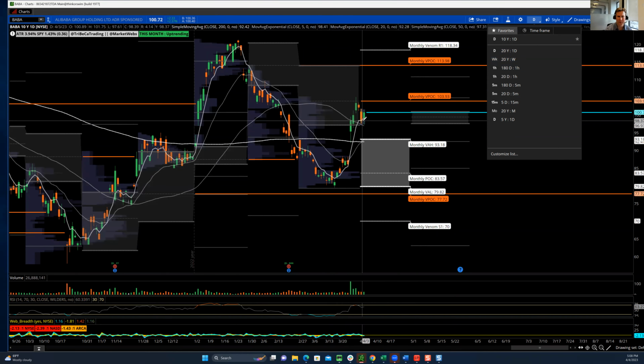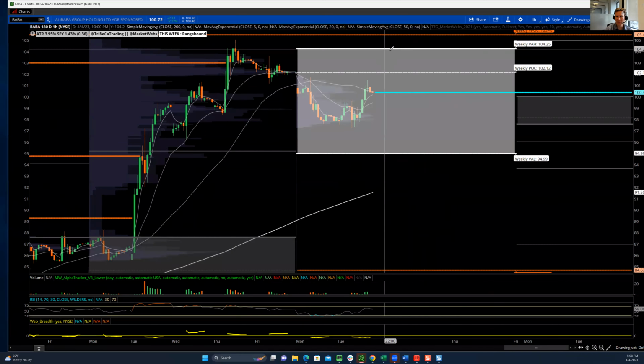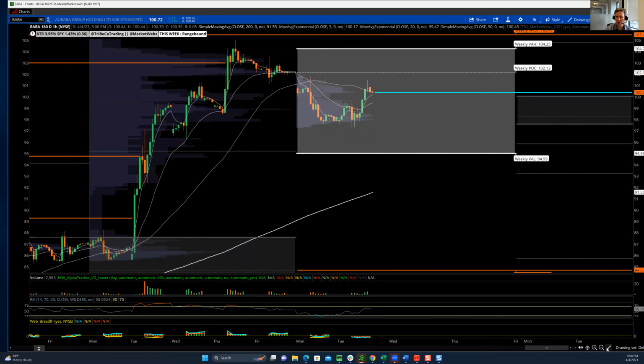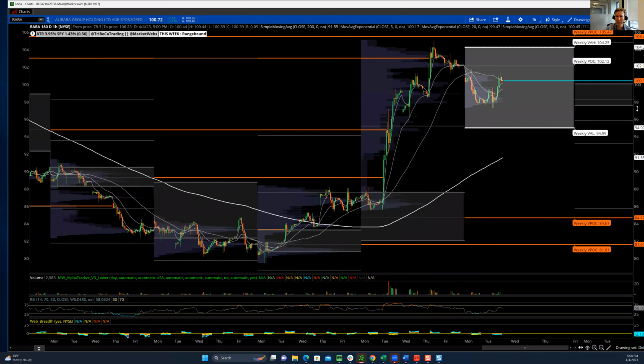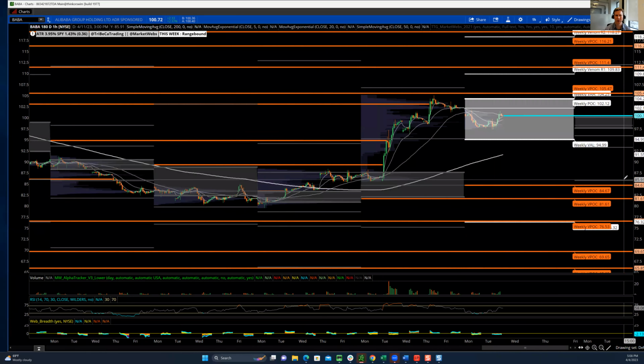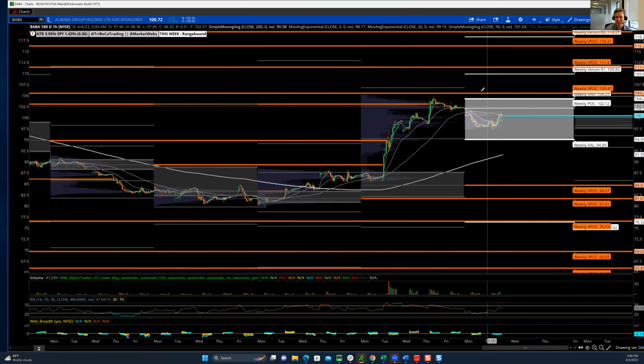Remember that this was on fire, made a really nice move up. Well, now you got a little bit of a dip back. It's kind of settling in here. This was up 2.3% for the day. There's going to be some resistance at 104. Also note last week, it took out this virgin point of control. This is a little bit of a problem with this stock, it's got a lot of overhead supply. So the next level, if it can get through 102, would be 105 to the upside.